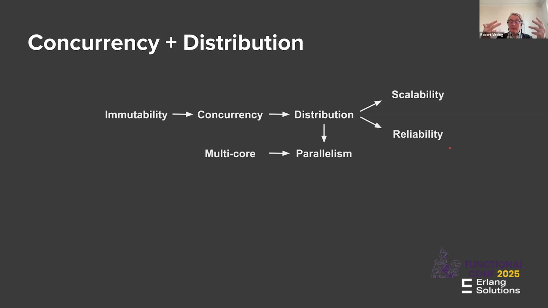And that's why in the Erlang language, if you look at it, we have the primitives for doing the concurrency and the error handling, so we can build these reliable systems. But there's also primitives for doing distribution, so we have support for doing reliable systems in a distributed way. And what we also found from the very beginning, which I mentioned earlier, is that these properties are so fundamental, you don't bolt them on afterwards. You can't take your sequential mutable language and say, I want to run this in parallel or concurrently and in a safe way, because it just doesn't work. You will end up trying to do the same thing.